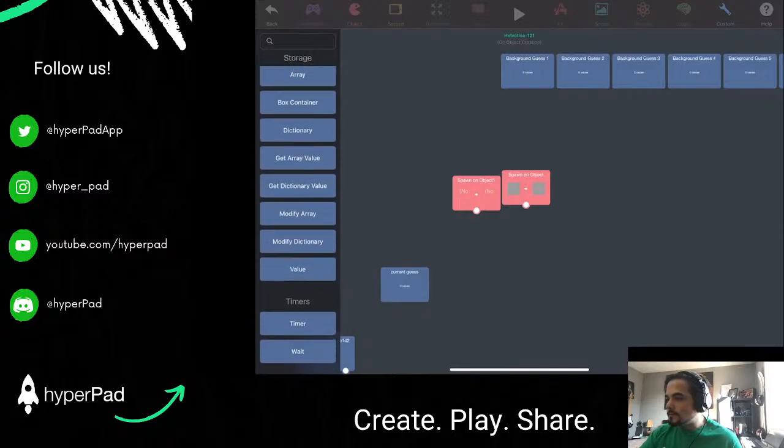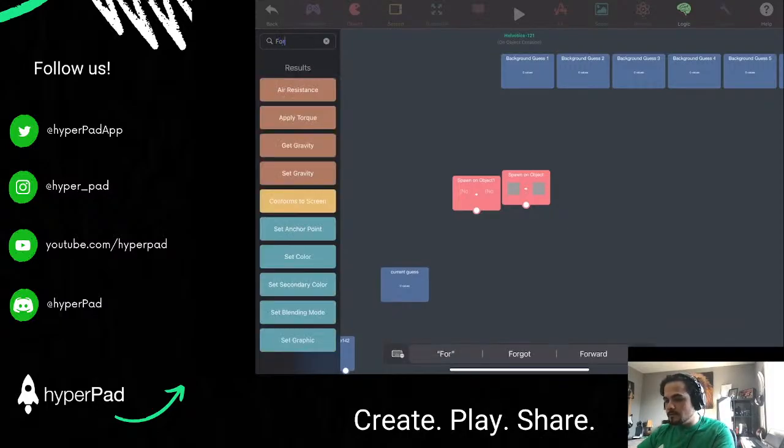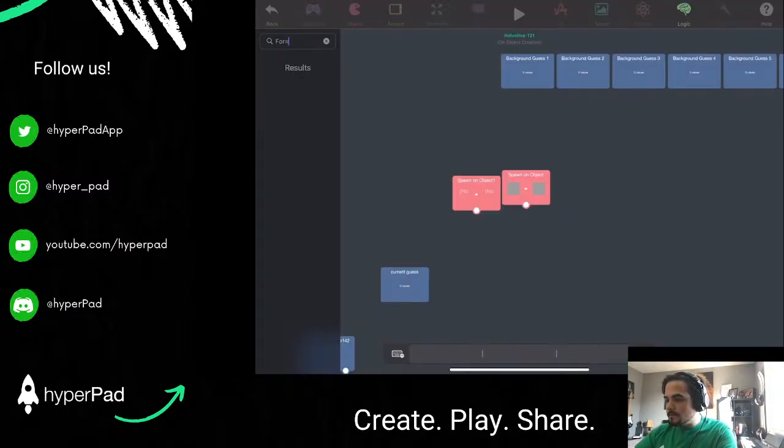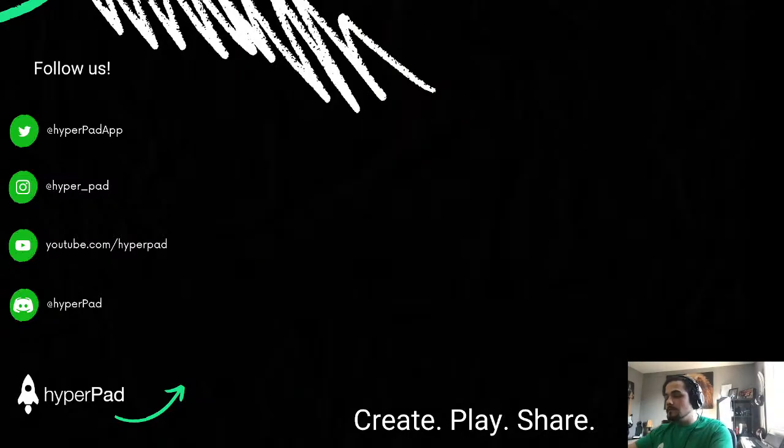I forget where for is, so I'm just going to search for it. Oh, it's just called loop. Okay, so loop, it's in logic for feature references. So we're going to loop 5 times, which is going to represent,